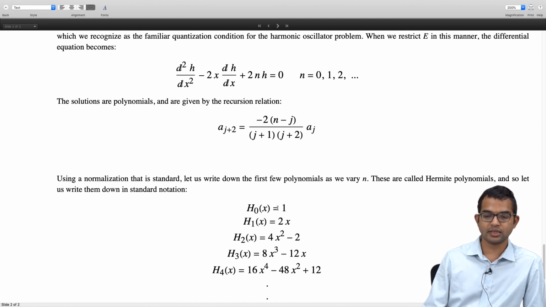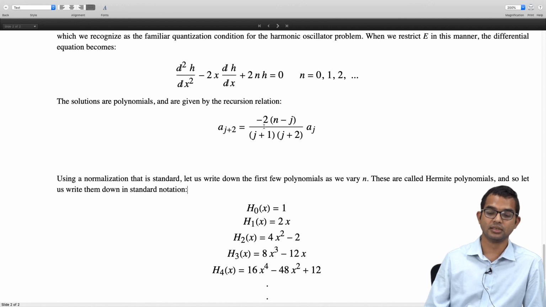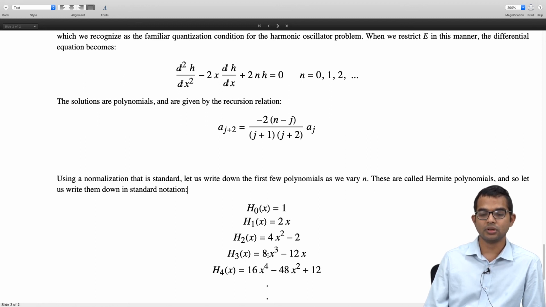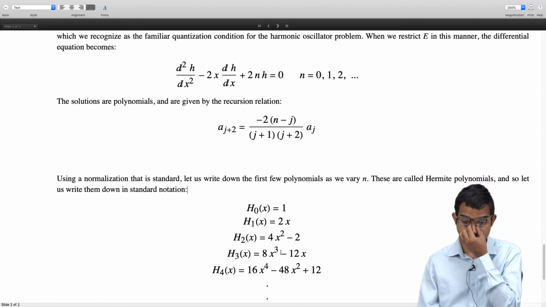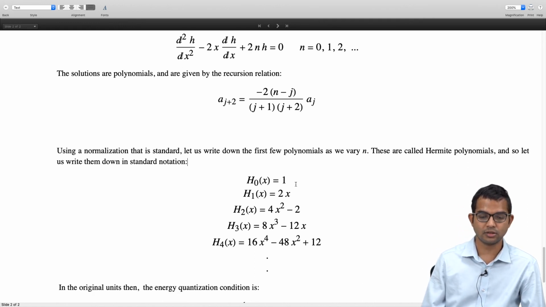But the key point here is that these are alternately odd and even polynomials, right? Which is what you expect, because you have one of these, either a0 or a1, to be 0, and the other one is non-zero, and then it truncates at a certain finite value, and it keeps on increasing. So the first one has just one term, second also has only one term, then the third one will have two. h2 has 2, h3 has again 2, and h4 has 3, and so on, right? So this has to do with how the series truncates at the nth position.